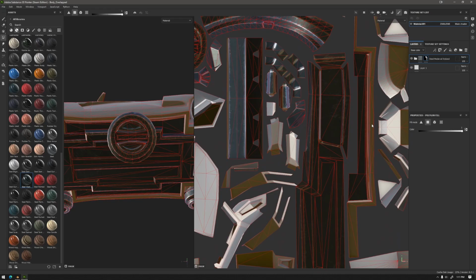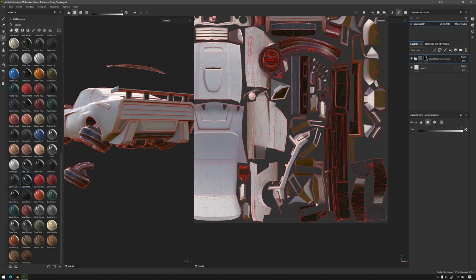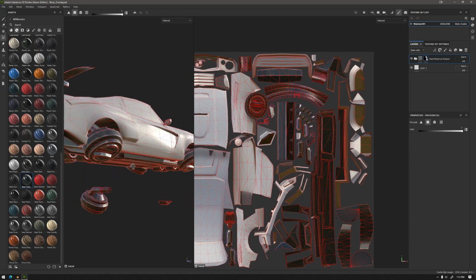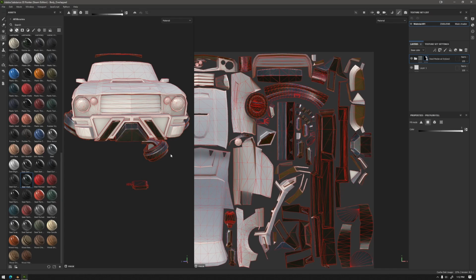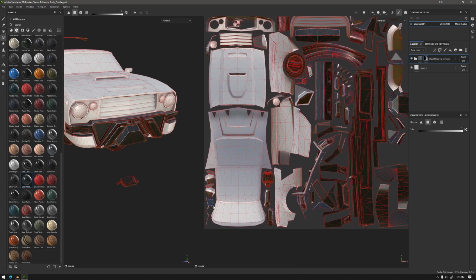You may find there are some issues with the baking. A common issue is the detail in your low poly mesh in comparison to the high poly mesh. A common reason for this is the projection distance from the low poly asset to the high poly asset is too short or too far. You can get around this by adjusting the projection amount depending on the asset you're using, such as Substance Painter,